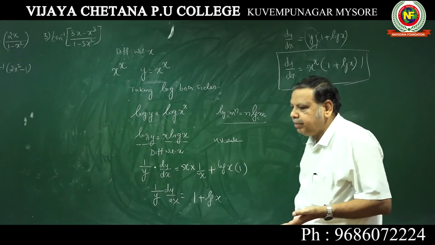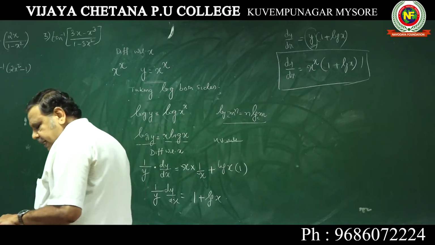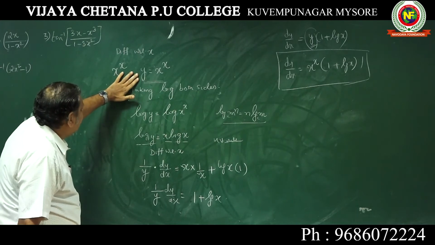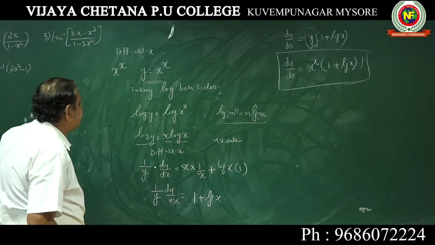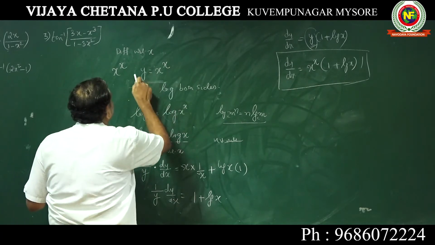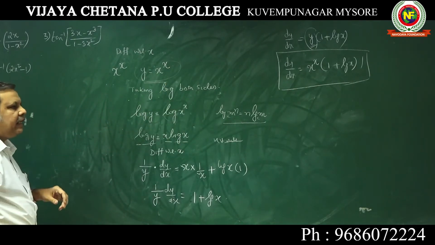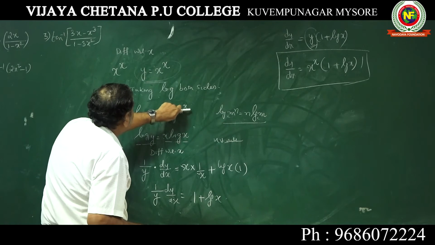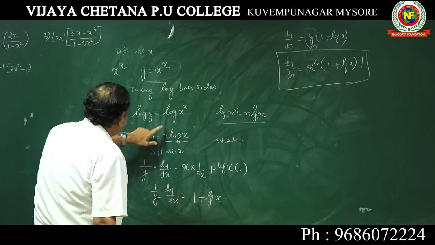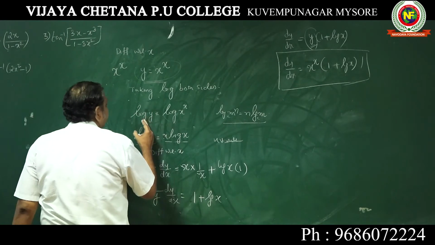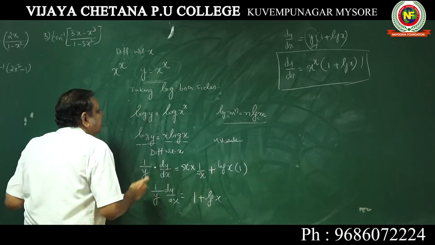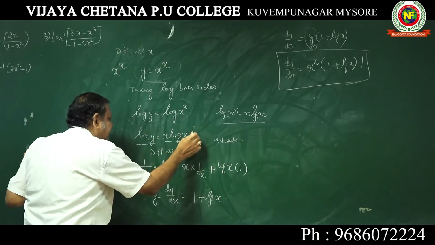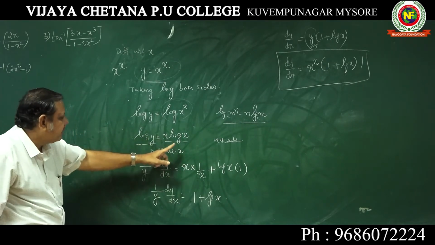If you do this, full 3 marks will be given. Sometimes 2 marks they also ask. Again I will explain. y is equal to x to the power of x. Now, taking logarithms on both sides. The first step is you should identify it as a logarithmic function, then take logarithm on both sides. Log y is equal to log x to the power of x. Now log y is equal to x log x. This is when you are differentiating x to the power of x. Log m to the power of n is n log m. I told you this x will come by the side of it. Log y is equal to x log x.